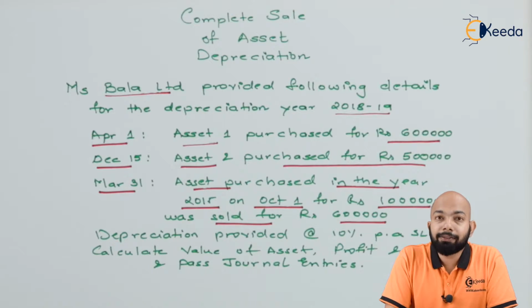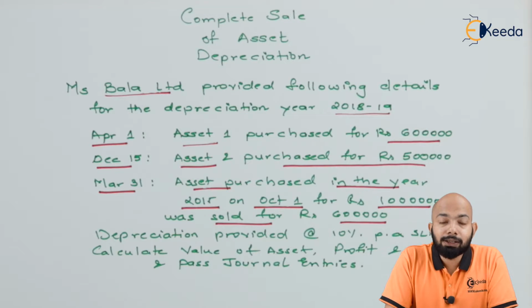On 31st March, they have given another piece of information whereby they have mentioned that the asset which was purchased on 1st of October 2015 for rupees 10 lakhs was sold on 31st March 2019 for rupees 6 lakhs. So they purchased this asset on 1st of October 2015, and the cost of the asset was 10 lakhs. Now that they've sold this asset for rupees 6 lakhs, we have to further evaluate